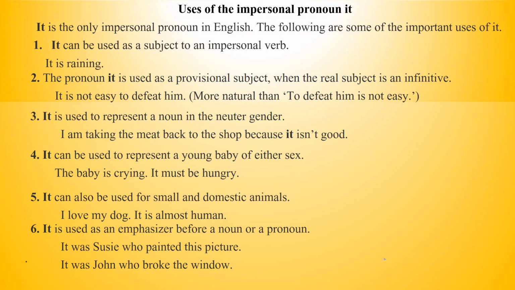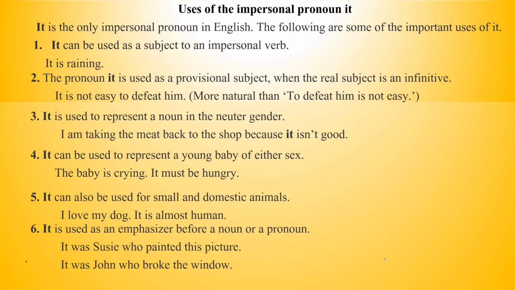Now let's talk about the impersonal pronoun it. It is the only impersonal pronoun in English. An impersonal pronoun is one that does not refer to a person or thing or to any other part of the sentence. How is it different from the it which we have discussed till now? Till now we have used the word it to represent any noun. But here we are going to discuss something different. In the given examples, you will find that it is not representing any particular noun in the sentences.